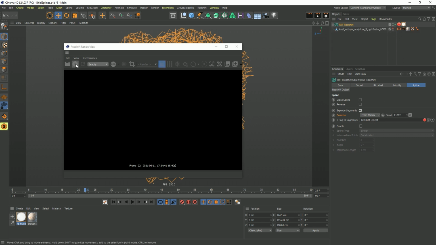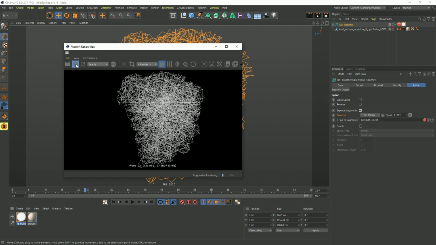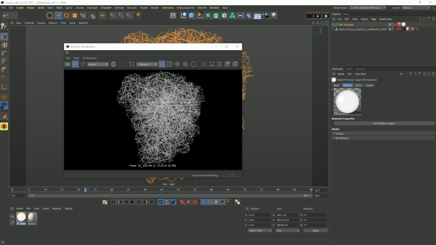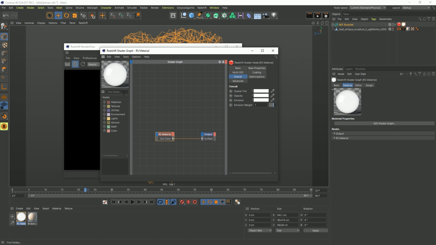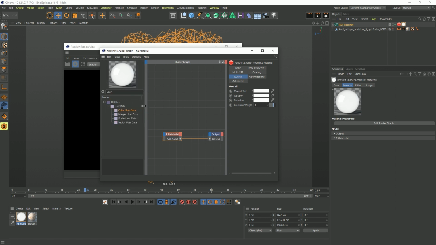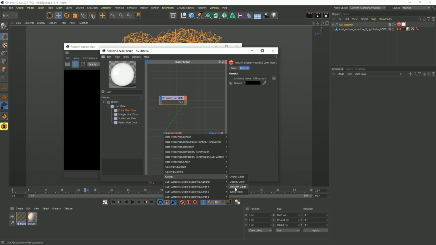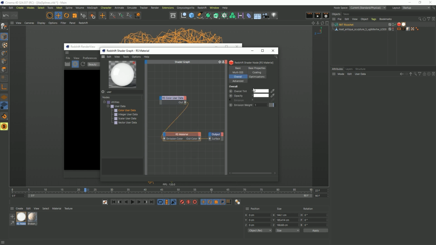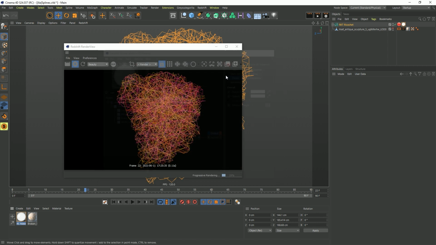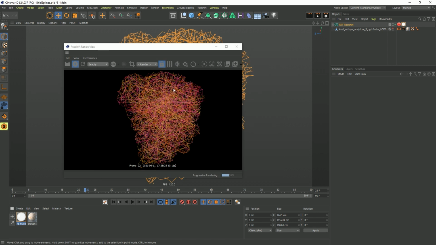Now if I were to hit render in my render view, we will see these lines get rendered, but there's no color. That's because inside of my material, I need to feed it that color information. In this case, I can search for the word user, and there is our color user data. Drag that over. And this is colorizing the display color. So attribute name, object, display color, and that can be fed into any property now. I will feed that into the overall emission color. And I've already activated the emission color, so it's got emission of 1. Close that. And now already you can see it's refreshed and all the different line colors are represented right there